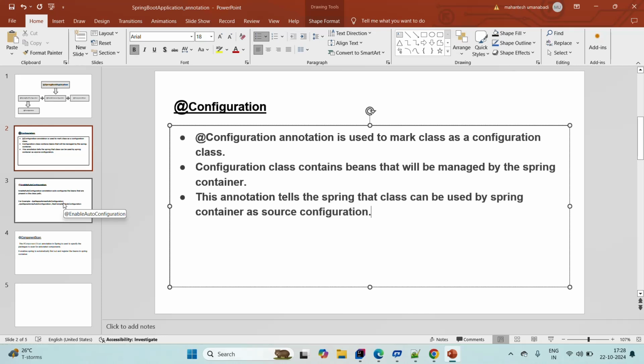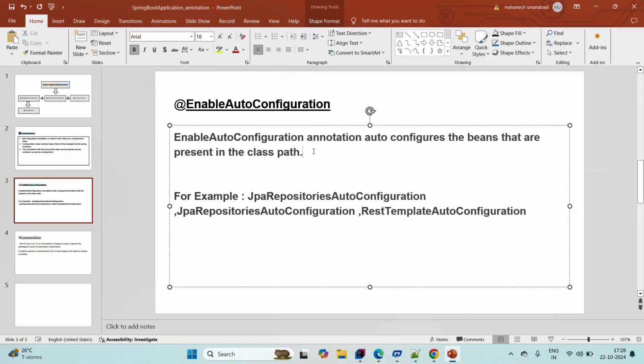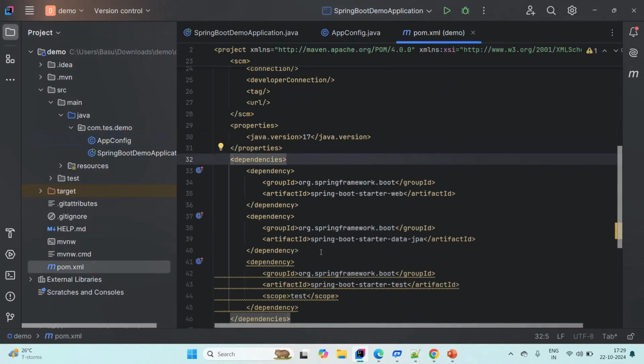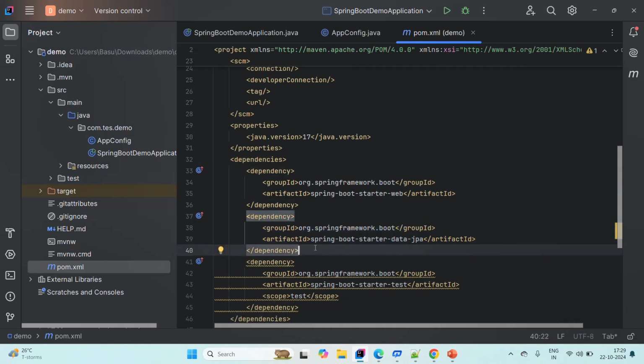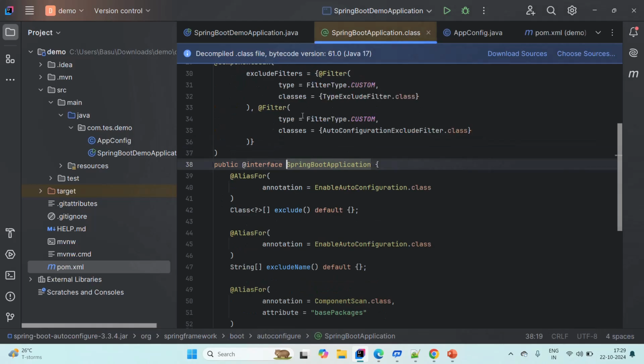And now we'll understand the enable auto configuration annotation. This is one of the most important features in Spring Boot, auto configuration. This enable auto configuration annotation auto configures the beans that are present in the classpath. It means whenever we add any dependency to the pom.xml, for example, here I have added the Spring Data JPA dependency, at that time the enable auto configuration annotation